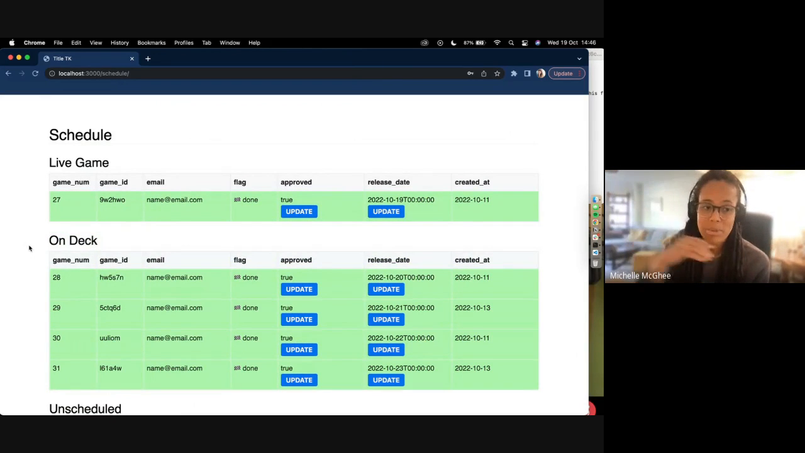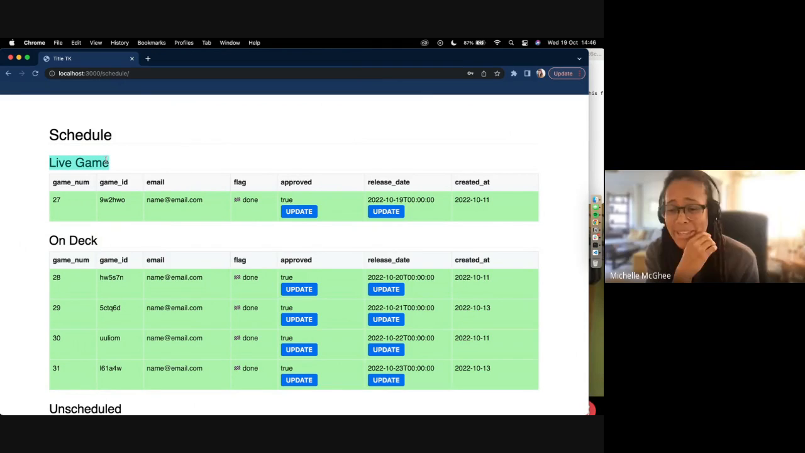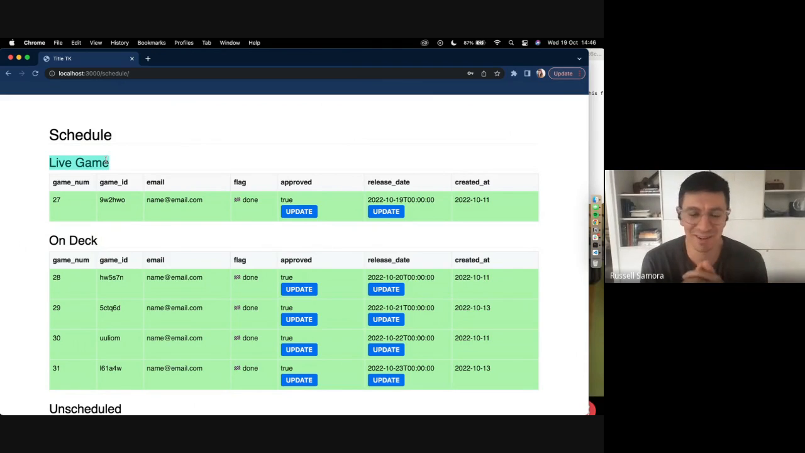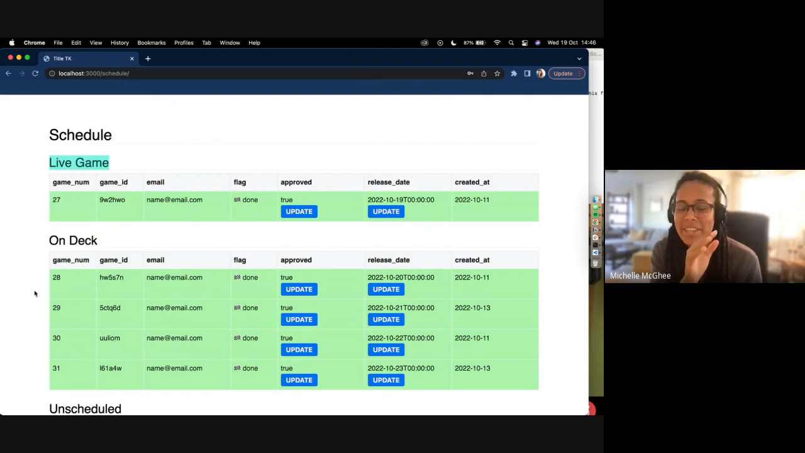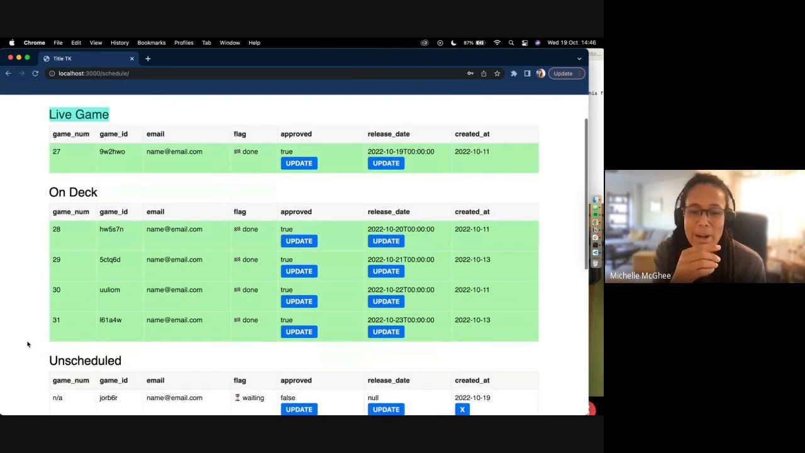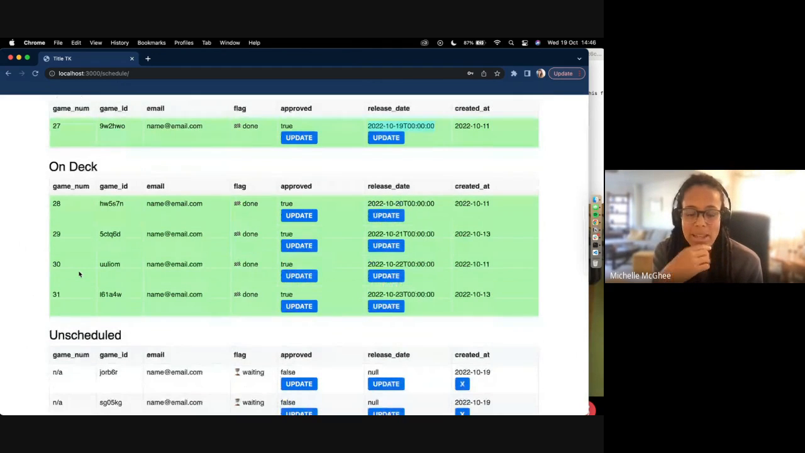They can fall into a couple categories. That top one, that is the game that is... Oh yeah, they're all redacted. Yes, all the emails again are redacted. So there's a game that's live right now. You can see the release date is the 19th of October. So that's today's game. And then the ones in the on deck column,